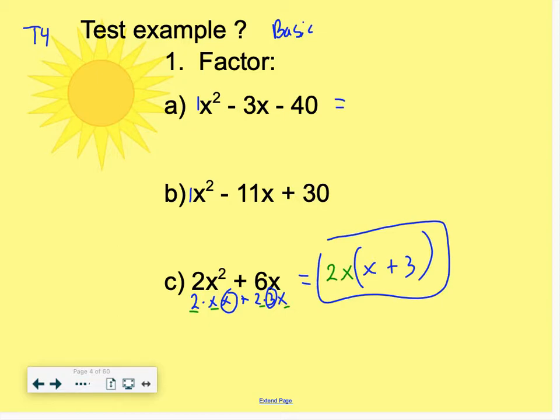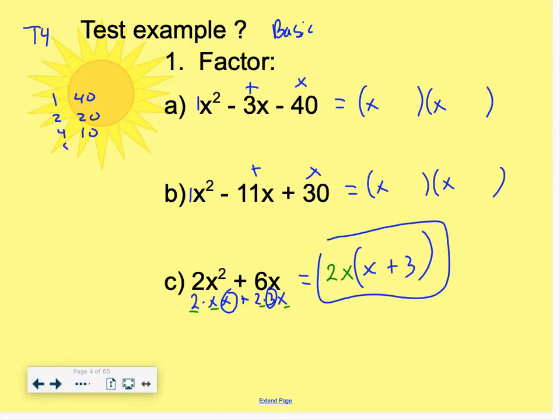Now for these other two, they are trinomials, and if they are factorable, to get the 1x squared, they're both going to factor with an x and an x to start the two binomials. So you can use the shortcut to just find two numbers that multiply to the constant term and add to the middle term. So if I'm thinking of all my factors of 40, 1 and 40, 2 and 20, 4 and 10, 5 and 8,